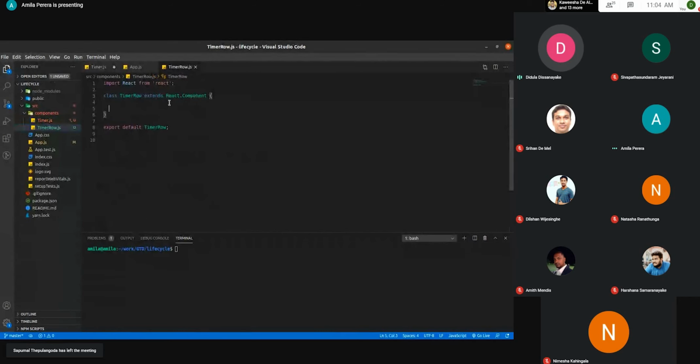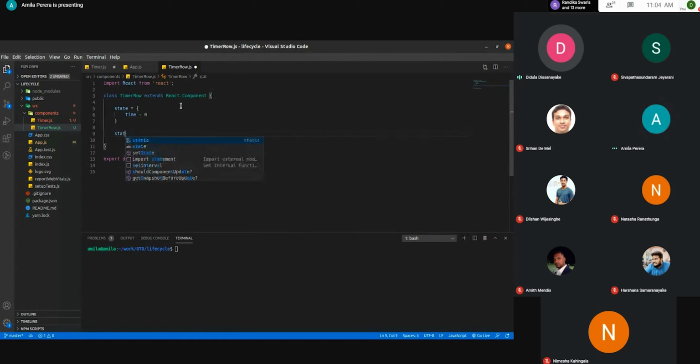Here you can see Amila has already assigned the state directly. It works as a constructor, and method binding is not required, because if we are using an arrow function in ES6 format, React can understand that and will do the binding internally.